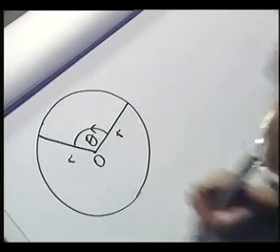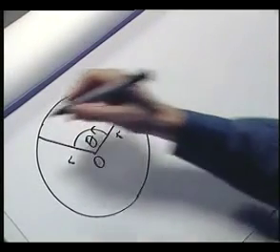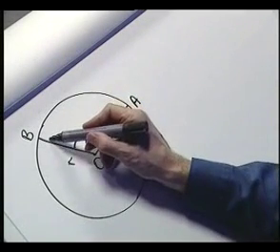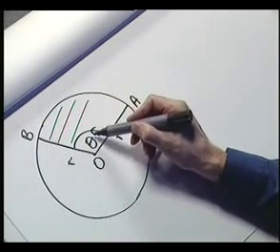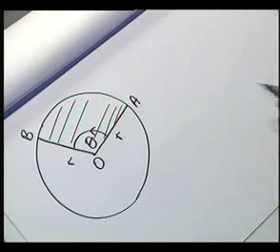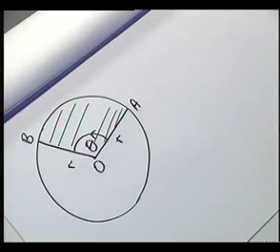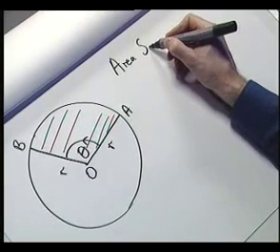Let's call the centre of the circle O, and let's label the 2 points A and B. What's the area of this sector of the circle, this slice of the pie, so to speak? What's its area? Well, the area of the sector